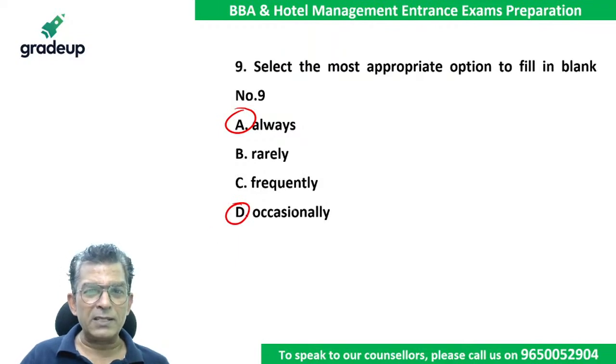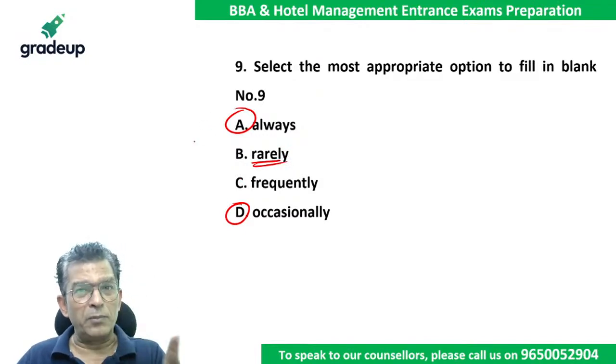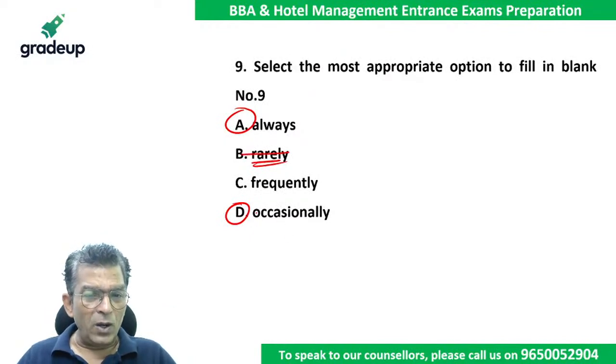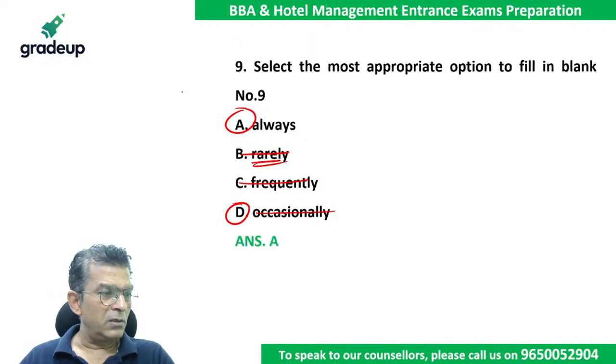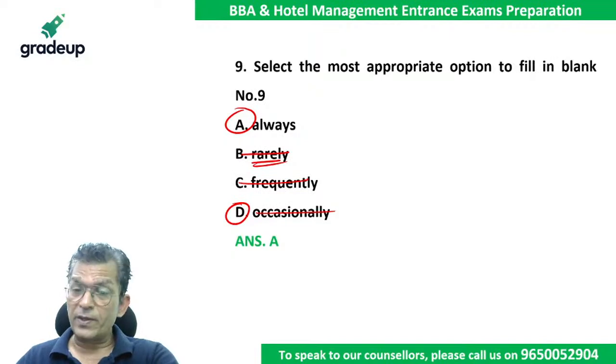ठीक है, लेकिन कभी कभी के जैसे लग नहीं रहा, rarely बहुत कम बुलाती थी, लेकिन तब बोल रहा है कि वो पढ़ती थी, वो अपनी चिट्ठी पढ़ के सुनाता था। So rarely नहीं हो सकता, occasionally नहीं हो सकता, तो frequently भी नहीं हो सकता, तो answer तो always ही होना चाहिए सर। Very good, always ही answer होना चाहिए, very nice, always। Frequently से भी जब, क्योंकि उसमें लगे कैसे रहा, नीचे पढ़ना उसमें,